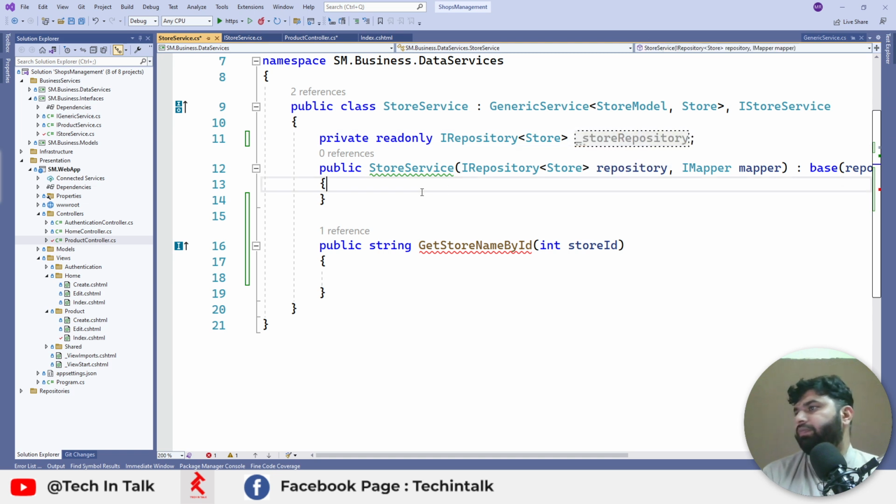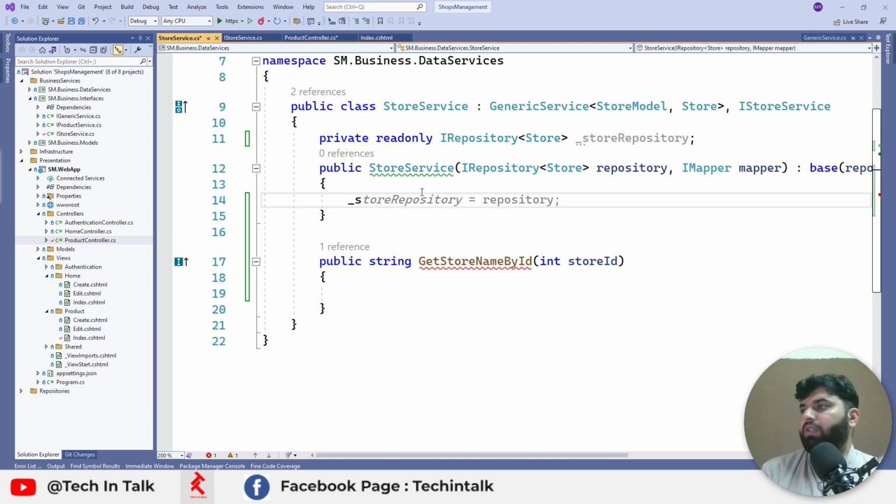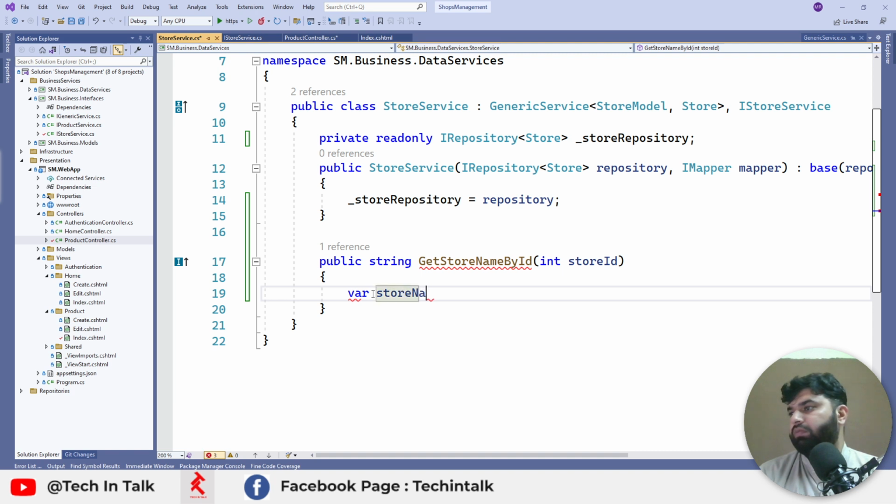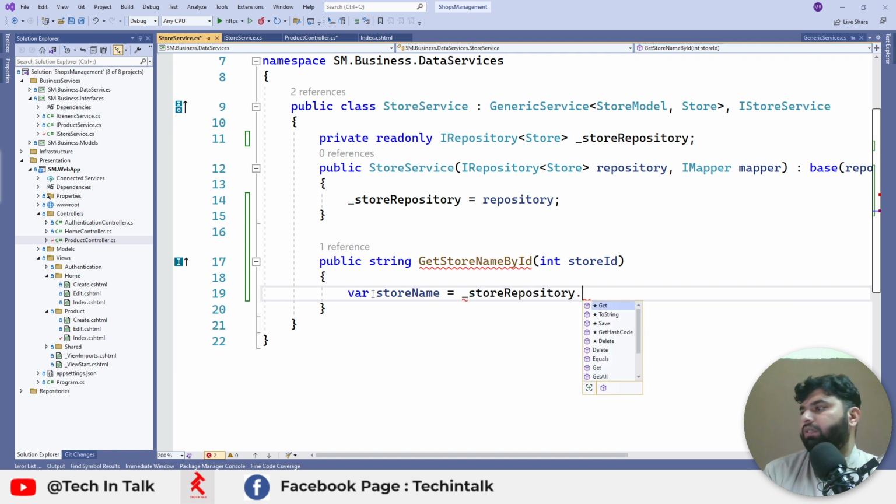Store repository is equal to repository, and here we use underscore store repository dot